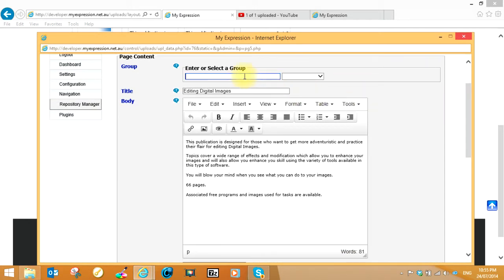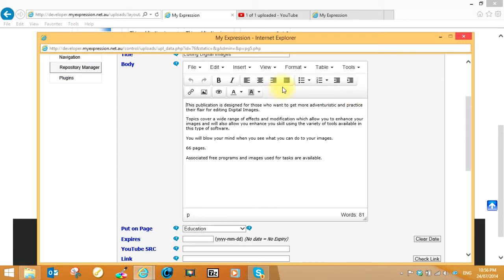You can type in here a group, so that when you enter a number of articles, if you want them to all appear under the same group heading, you just need to type in the heading. Once you've typed it in for the first article, then it will appear available here for every subsequent article. So that's something that you can use. Of course, the title for the article itself. You can type in here the text that goes with the article,